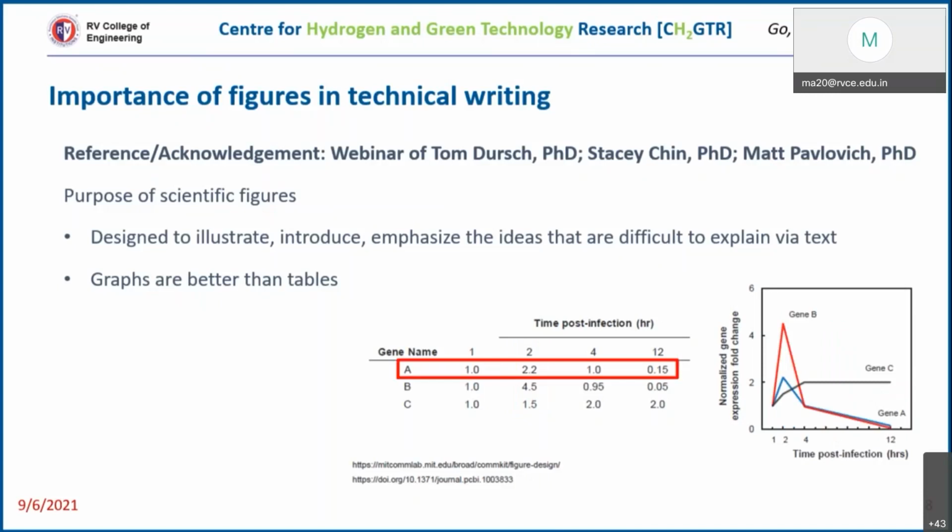So again, if you want to see the effect of A, B, and C with respect to all the durations, how does it work? Is it increasing with time? Is there a peak value? Does it reach a peak value and come down, or is it continuously decreasing with time? All those things can be better visualized in the form of a graph.